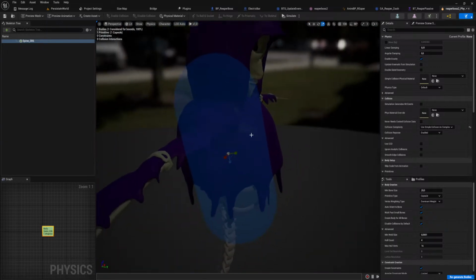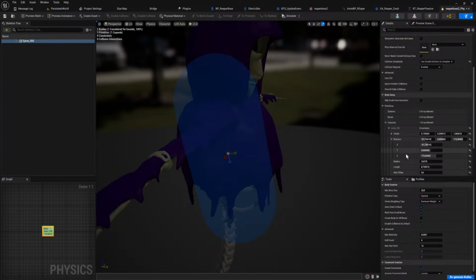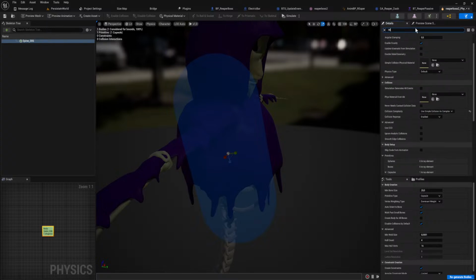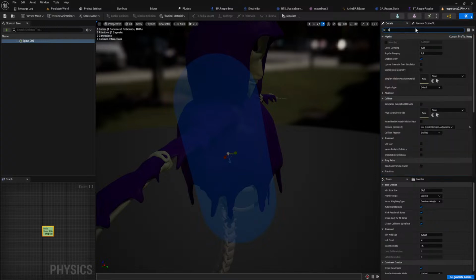Can I make this not render on top or something like that? That will be crown. I want to see if it's actually render, preview, shape. Create body for all bones.